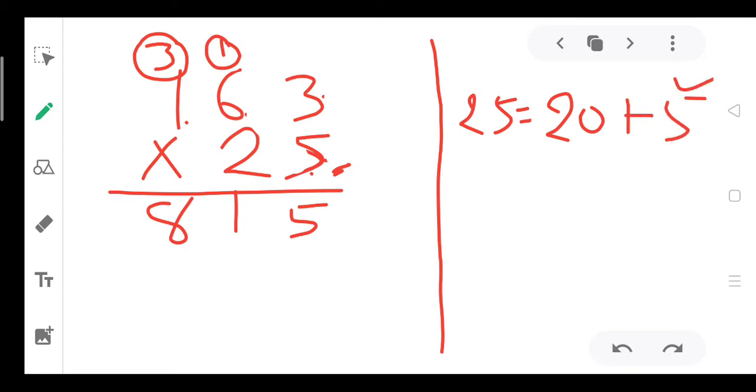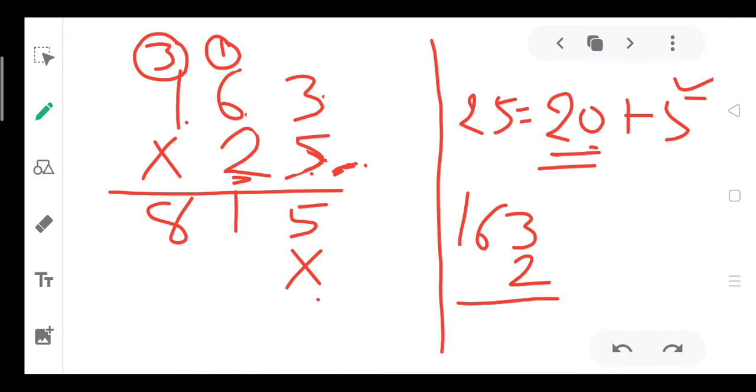This multiplication is over. We have to multiply by 20. So at the place of this 0, we can write 0 here, or we can put the sign of multiplication here. And because the ones place digit multiplication was over, that's why we will put a cross here, or you can put 0. Now we will read the table of 2, meaning 163 we will multiply by 2 now.